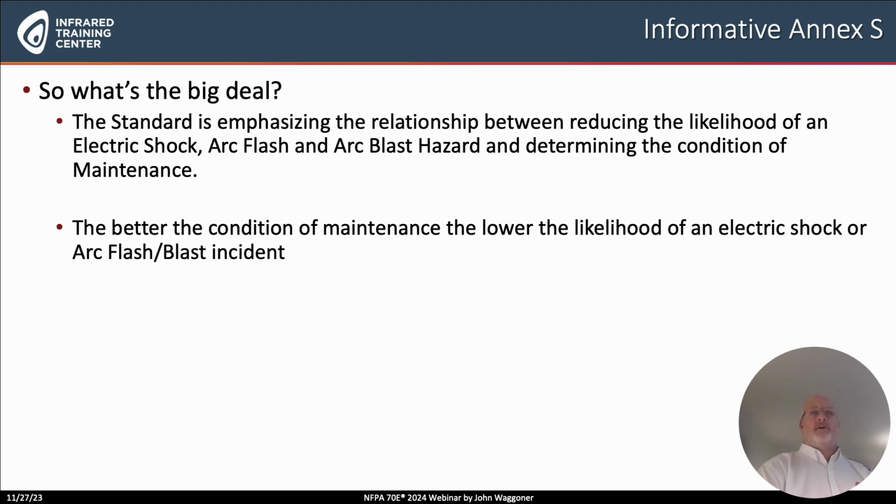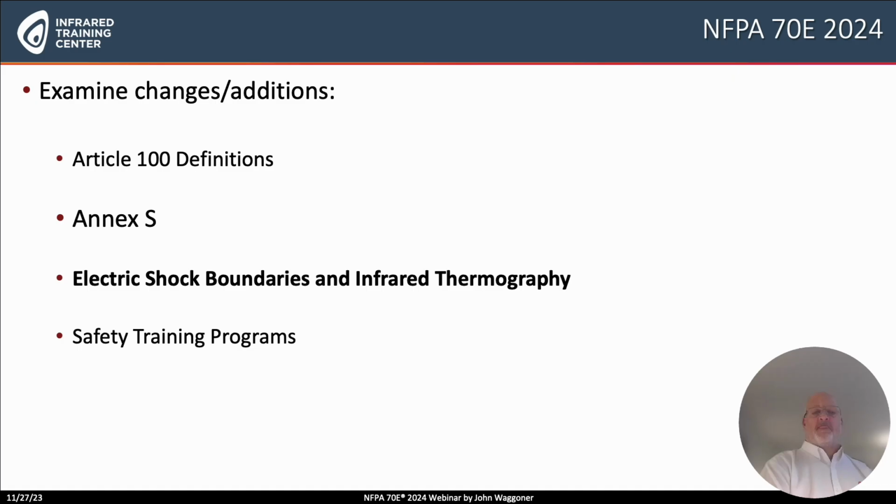In fact, if you go back in this standard to section 90 at the very beginning of the book, one of the comments that is made in that section is that if a system is properly installed and properly maintained, the likelihood of an electrical hazard or an electrical arc flash or electrical shock or arc blast is very limited or small. Secondly, it's important just to understand that if we're trying to limit or to reduce the possibility of a hazard, this annex does speak to that. Okay, let's move on to the next